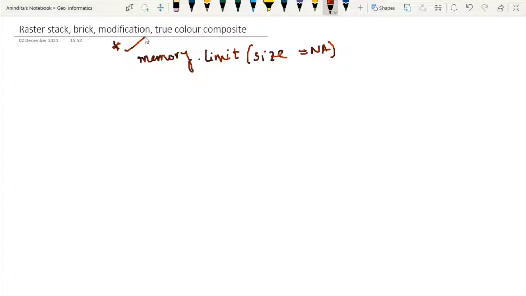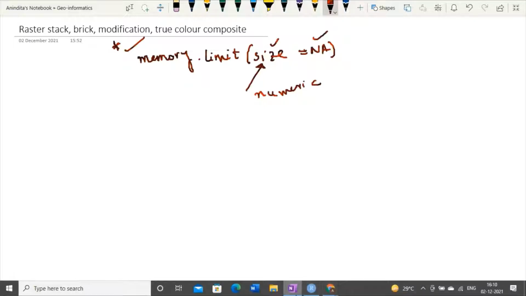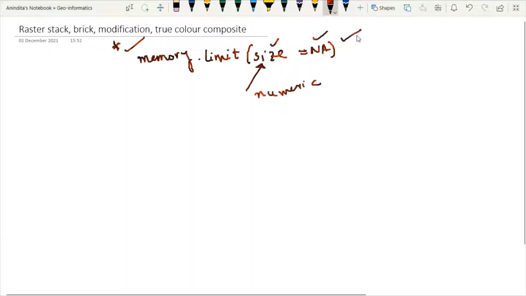It will result in an error even if your code is correct. So what is this size all about? It is a numeric value. If size is defined as NA, it reports the memory limit. So whenever you execute this code with NA over here, you will get the memory limit.